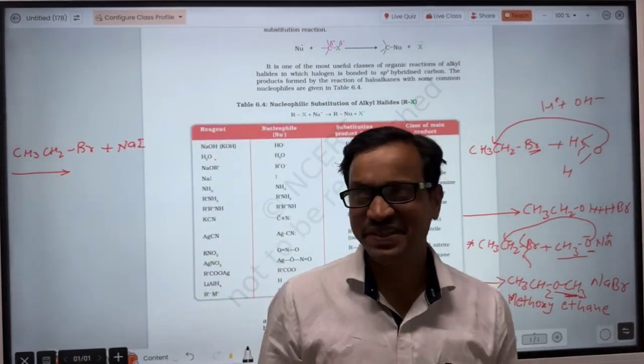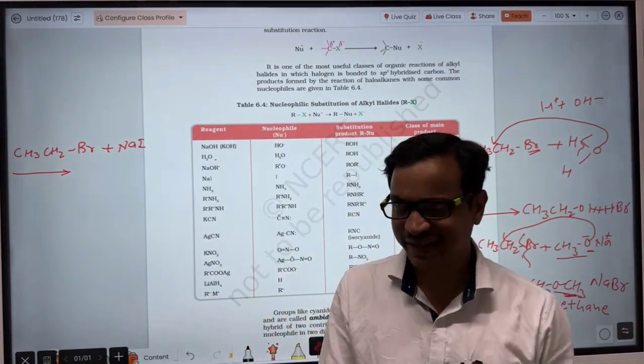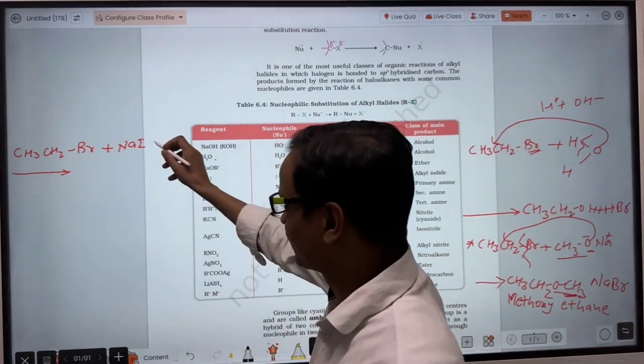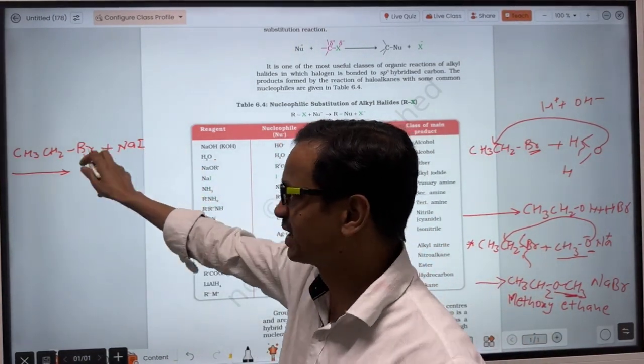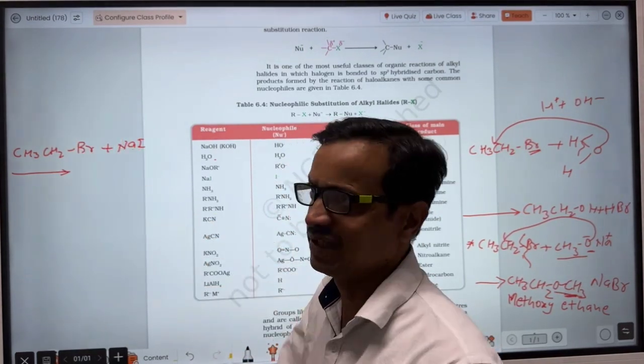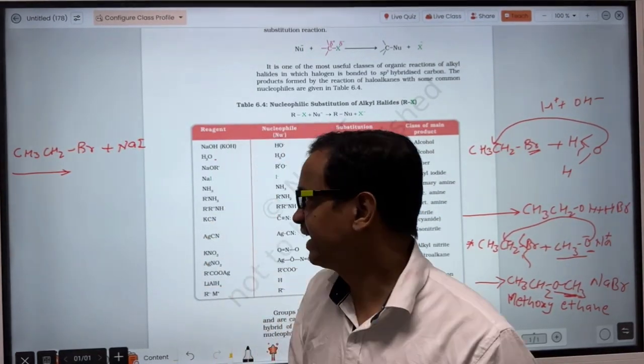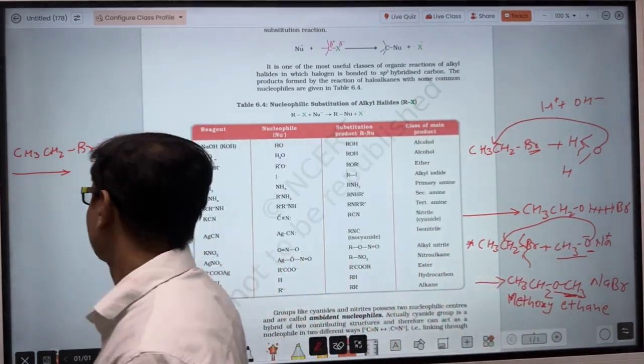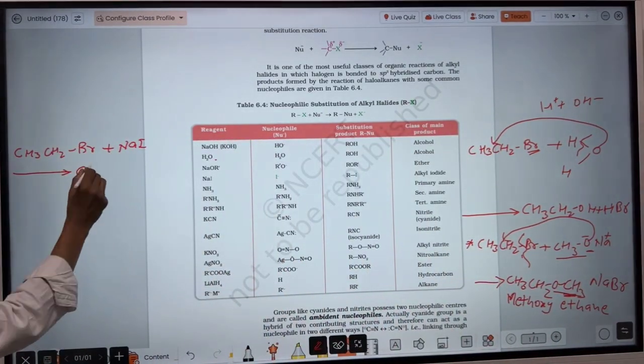NaI will dissociate into Na plus and I minus. I minus is the nucleophile, so I minus will replace the bromine. The bromine released from here will combine with sodium and form NaBr. So the compound will become